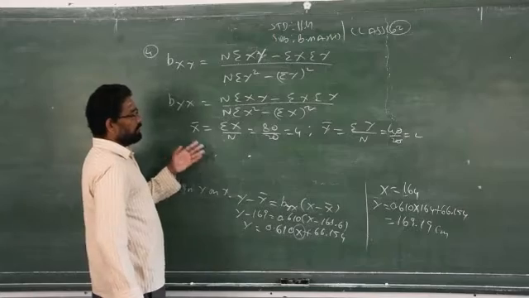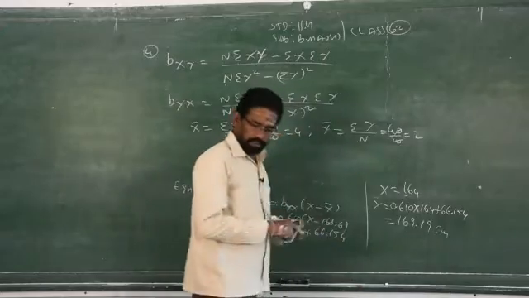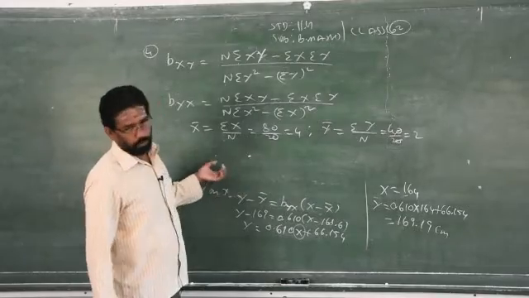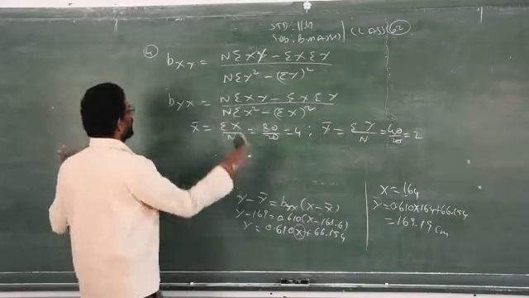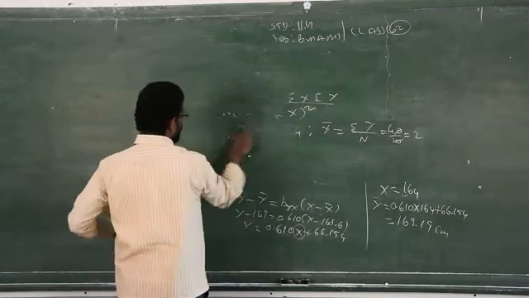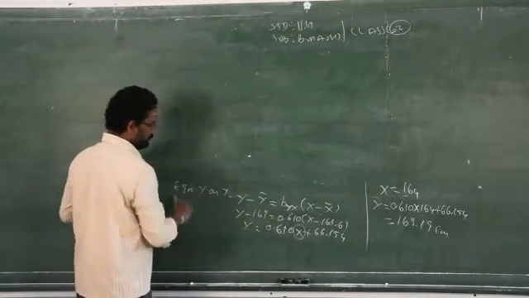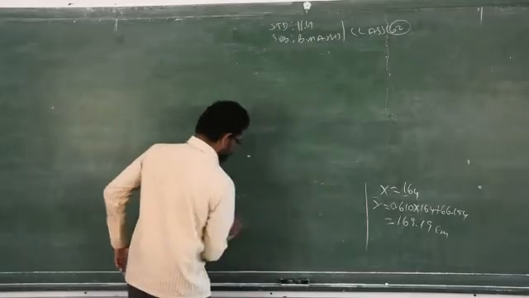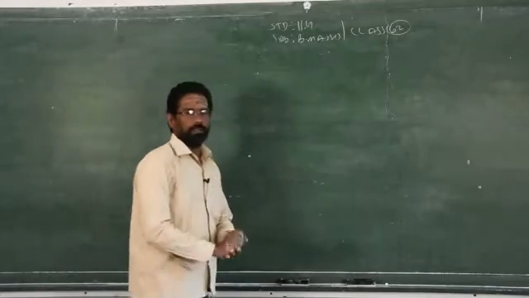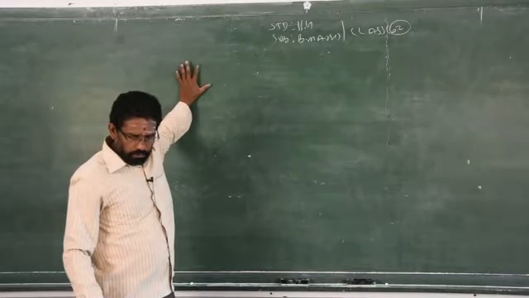Now we will go to sum number 5. I am giving the rest as homework. Actually, if it is a regular class, I will ask you to do most, 90%, of the problems in the exercise in the classroom. But it is YouTube classes, so please complete this one at home. Clear? Don't simply leave it as it is. When you come to school, you have to submit your fair note. Any incomplete work will be a problem for you. So please complete this work. This is not pure mathematics, this is just calculation. Use a calculator, simplify, substitute the values and find out the equation of x on y and y on x.